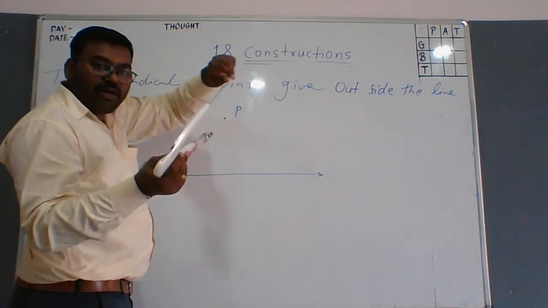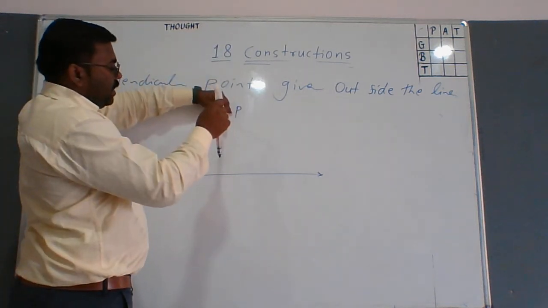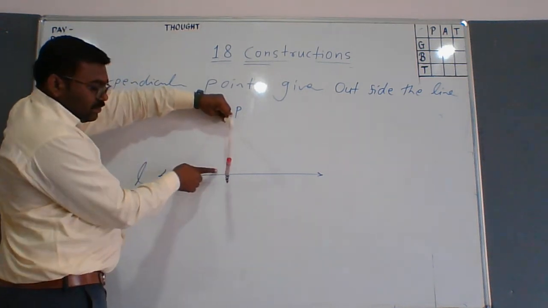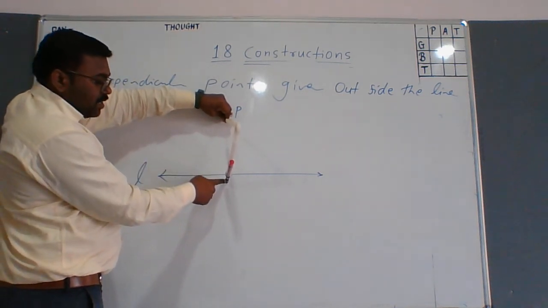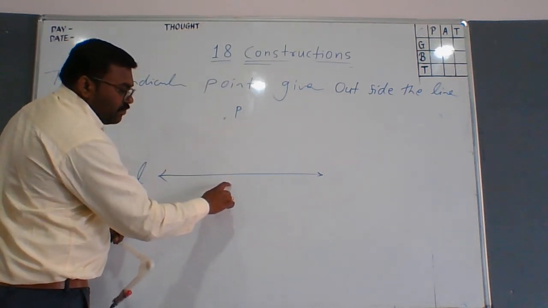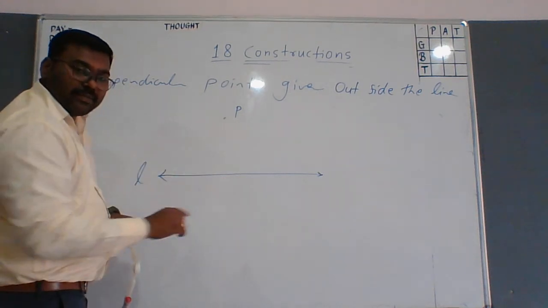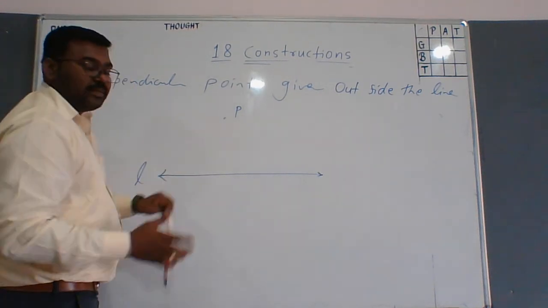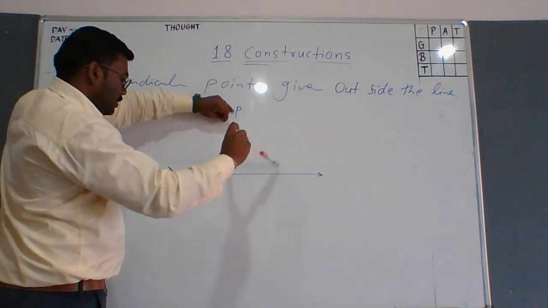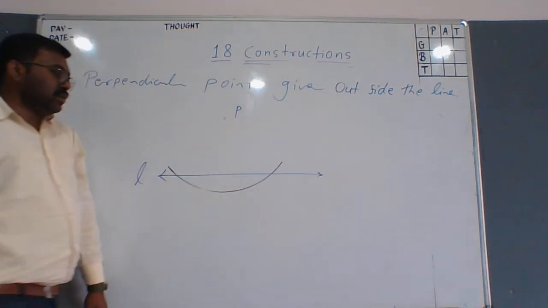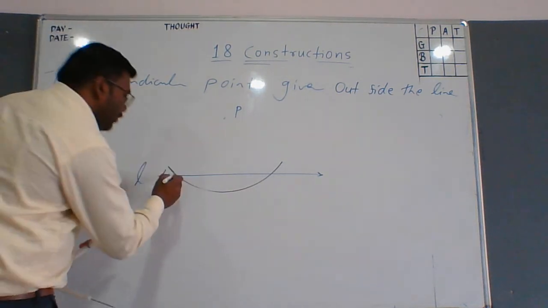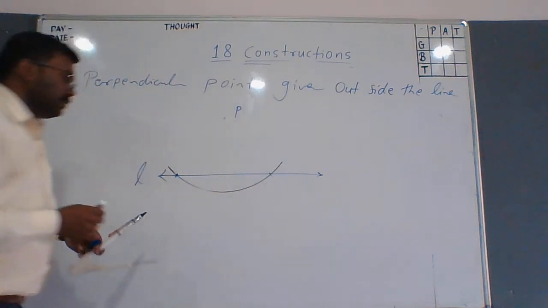Put the pointer of our compass on the point P. Take a little more distance than the line. The line is here. We'll take a little more distance in it. Suppose the line is here, we will take this much distance from point P to this. Okay. Means just below the line. So put the pointer, take just that and draw the arc like this. Understood? Now the same procedure we will follow. We got these 2 new points on the line.